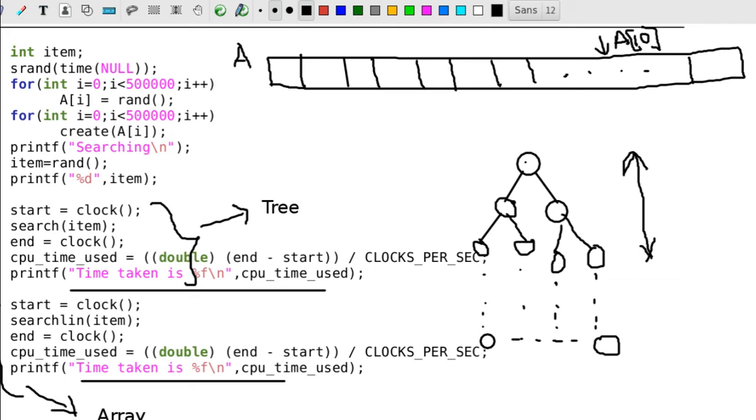This one is at some location, this one is some other distant location. But in the case of array, these all are continuous close memory locations, which makes it easier to search. Easier to search when the elements are very less or elements are very close to each other.